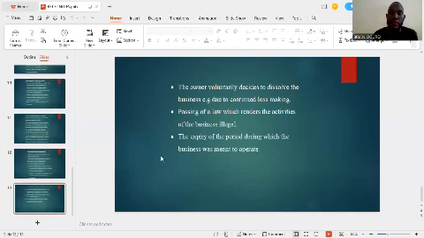The fifth cause of dissolution of a sole proprietorship is that the owner voluntarily decides to dissolve the business, e.g. due to continued loss making. So in case the owner realizes that he or she is not making any profit,